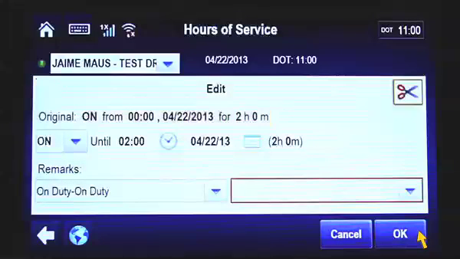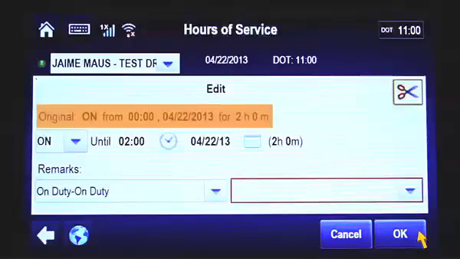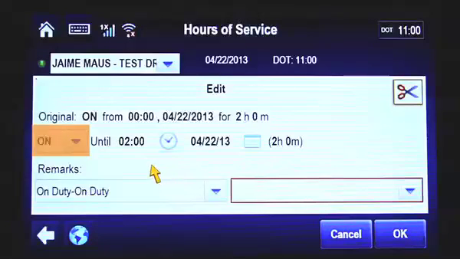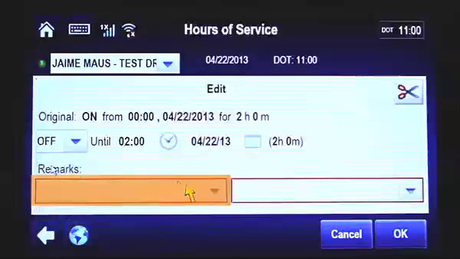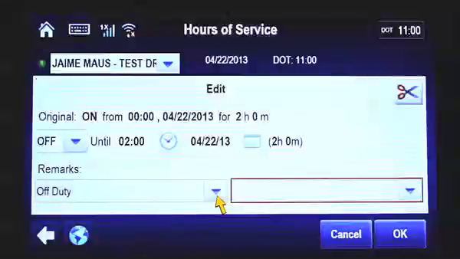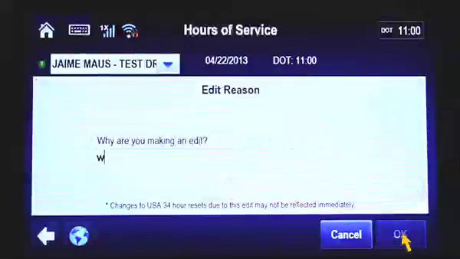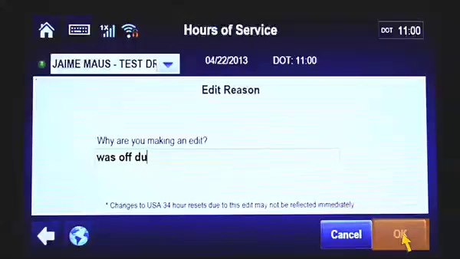The Original field tells you the original duty status, the start time and date of that status, and the duration of the duty status. To change the duty status from on to off, select the drop-down menu and tap Off. Type in a note describing the reason for the duty status change. A secondary screen then appears, the Edit Reason screen. Fill in the reason for the change again, and then tap OK at the bottom of the screen to complete